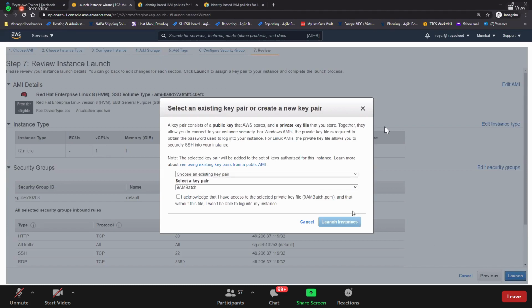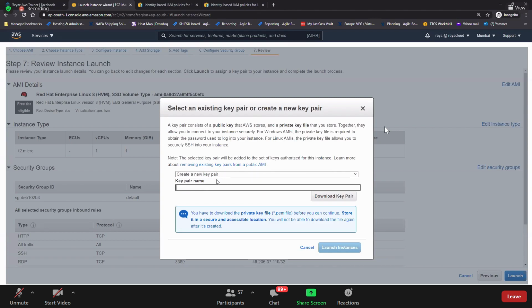Guys, whenever you're launching, I told you that we need to have a key pair, right? We need to have a key pair. So as you are new to AWS, you don't have any key pair. I already have one key pair here. So here, what you need to do is create a new key pair. Guys, will you keep on creating a new key pair, or will you create only one and reuse it? Only one and reuse it. So keep this in mind. Don't create a new key pair every time. Create one key pair and reuse it.